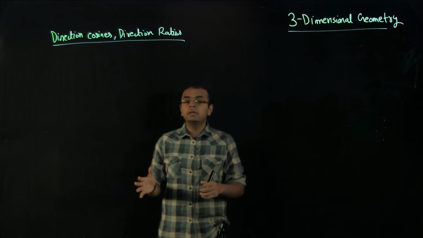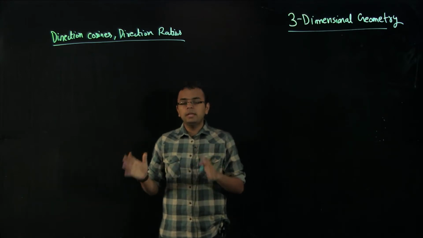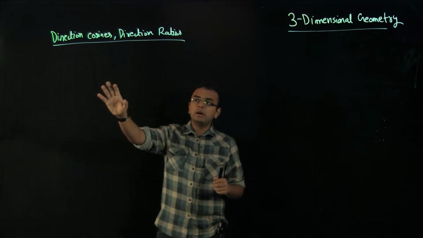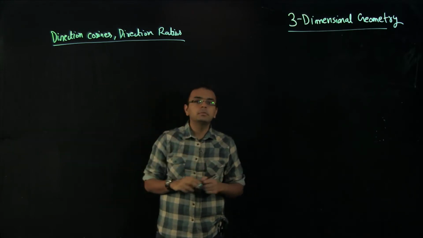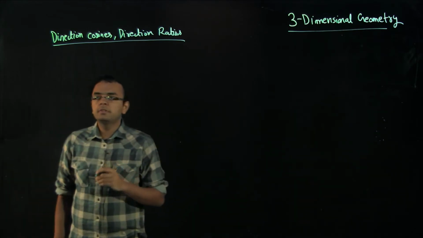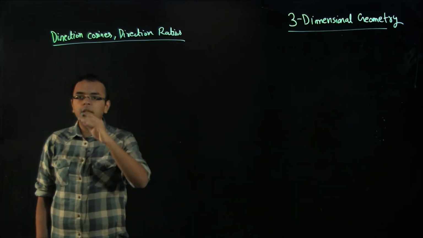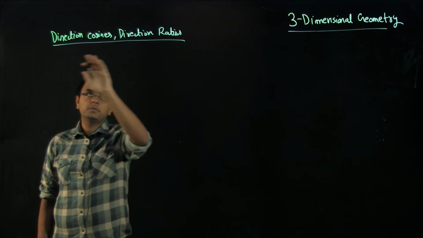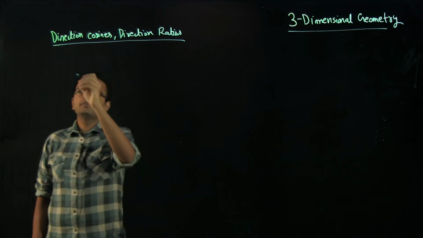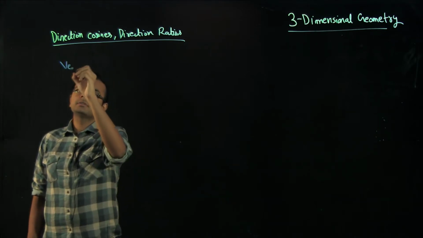So we will basically be telling you the similarities between vectors and three-dimensional geometry, and what direction cosines and direction ratios mean. Okay. And then we will be doing some examples in this video. So let me first start by comparing direction cosines and direction ratios. Okay, so let us say that we have a vector in vectors,